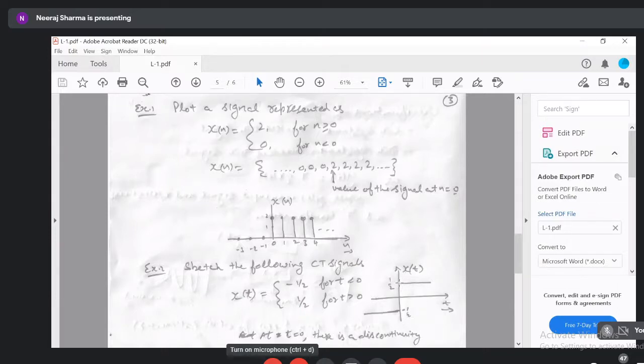That is, signal is changing its continuous nature at t is equal to 0 from some plus value to minus value. तो इसको हम discontinuity भी बोलते हैं, right? क्योंकि t is equal to 0 पे सिग्नल का मैग्नीट्यूड क्या होगा, तो ना तो वो +1/2 होगा या -1/2 होगा, दोनों नहीं हो सकते, right? And that is not given in the mathematical representation. So we can say that at t is equal to 0, there is a discontinuity.